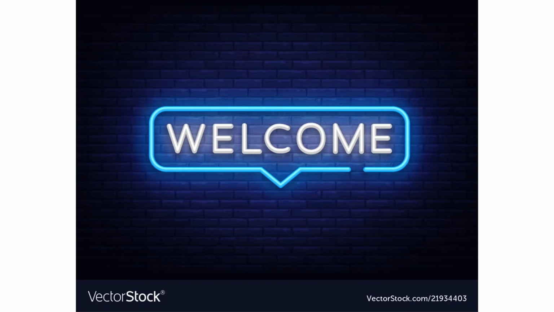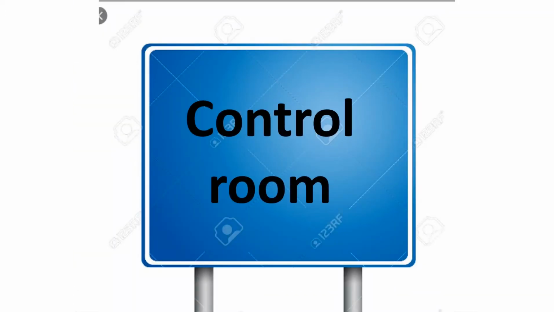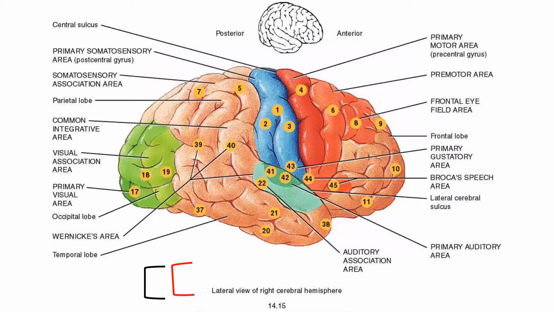Welcome to the most complex part of the nervous system. It is the control room of most of the activities of the body. The other control system is the hormonal system, which is slower than the brain. Now, the brain contains different lobes, fissures, and different features, and what we would like to stress on is association